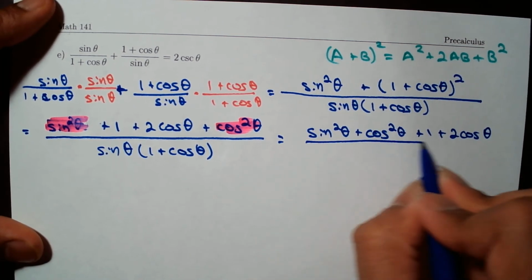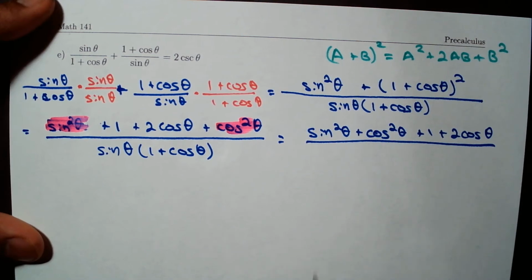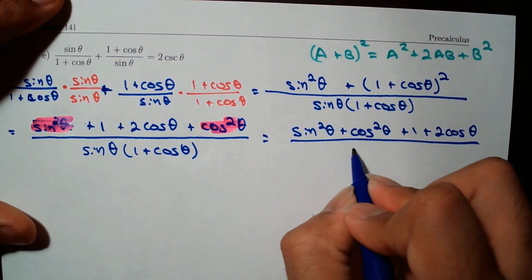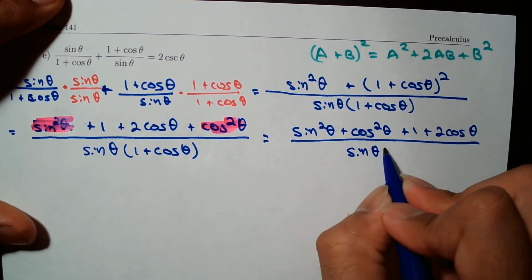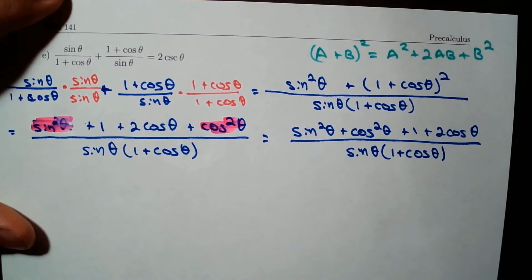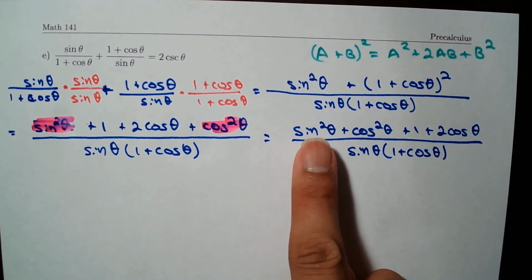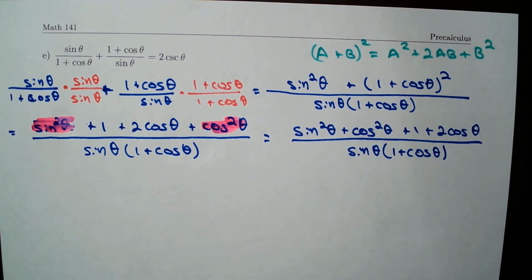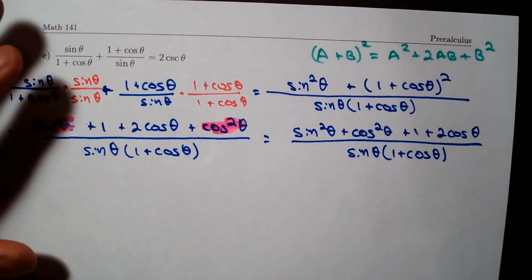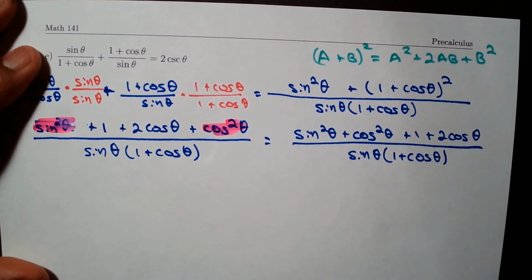All right, the whole thing divided by, well, I know what you might be thinking, should we distribute? No, we do not distribute this. So that's simply sine theta, 1 plus cosine theta. And if we recognize this identity, sine squared plus cosine squared, what's that? Well, let's go back to the first page. Sine squared plus cosine squared equals 1. So this whole thing right here becomes